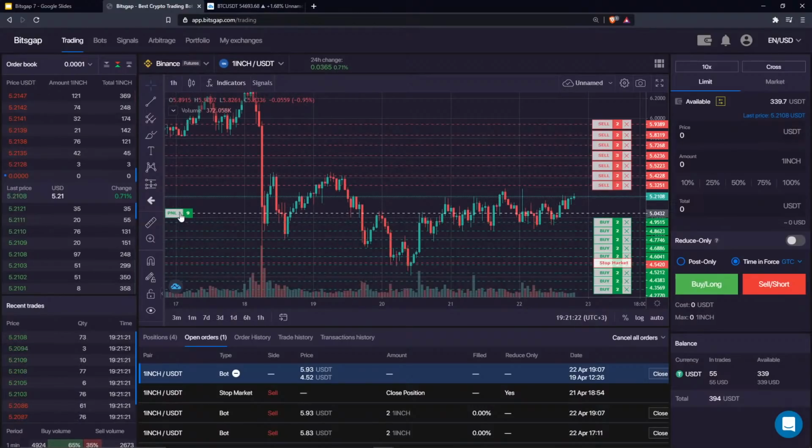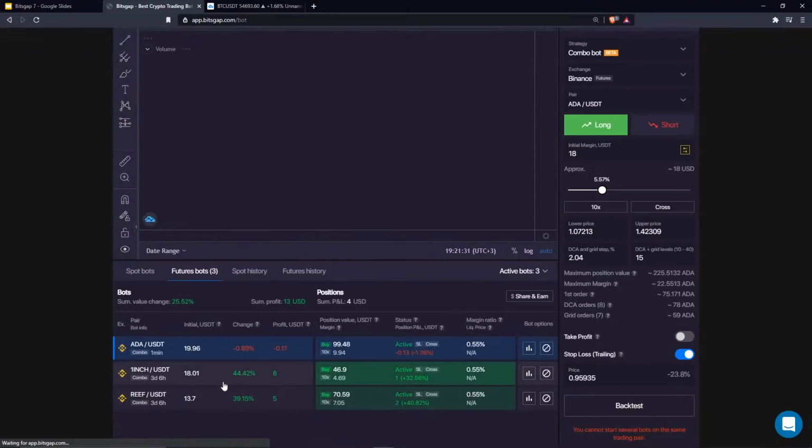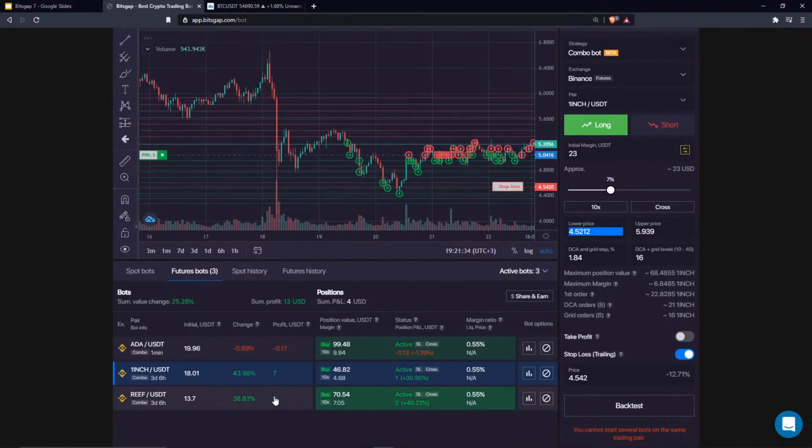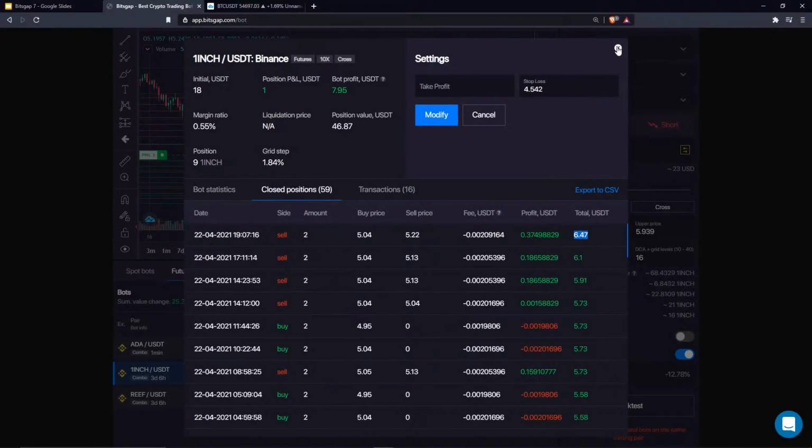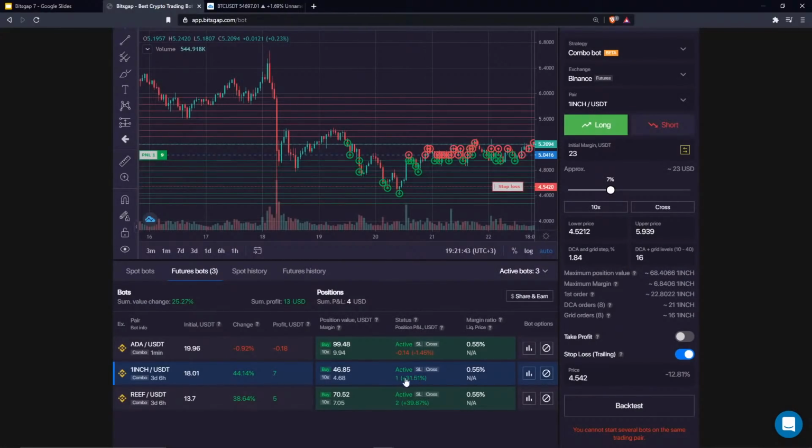So we are in the market, and the current profit of this one, its unrealized return is exactly 1. So all those profits that it generated, they are already on my balance, which is exactly 6.47 plus another one, which is an unrealized return. So 6 plus 1 is 7. So you see here, that's the total profit so far in this strategy, and 7 USDT return relative to my initial investment is exactly 44.15% of a return. Okay,